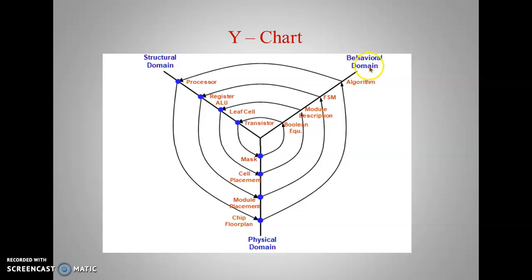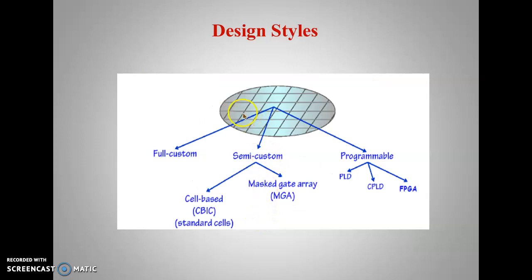And with respect to the behavioral domain, after simulating it, the design will be converted. Using processors, registers, ALUs, leaf cells or transistors, any of these depending upon the complexity of our circuit, the total circuit will be created. Here we get the virtual design, and after obtaining it, it will be sent to the foundry. The masks and the remaining things will be done there, and finally a chip layout will be designed, and in the physical domain we get the physical output, that is, the IC is designed, right?